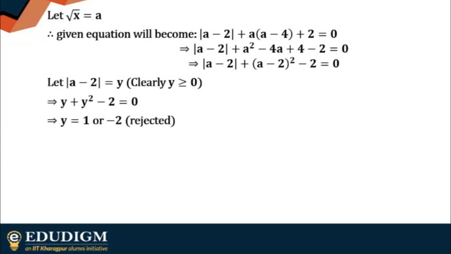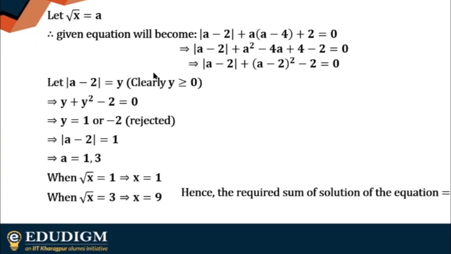Okay. So simple. We reject y equals minus 2 as it's mod of something. So you get 1 and 3, so you get the values of x and the required sum will be 10. That's correctly pointed out by you people. The option is 4 that you are getting. I hope this is clear with all of you. Nothing very different, just some assumptions so that we can convert the given equation into our general quadratic equation. That's it. All right, so let's move on then.